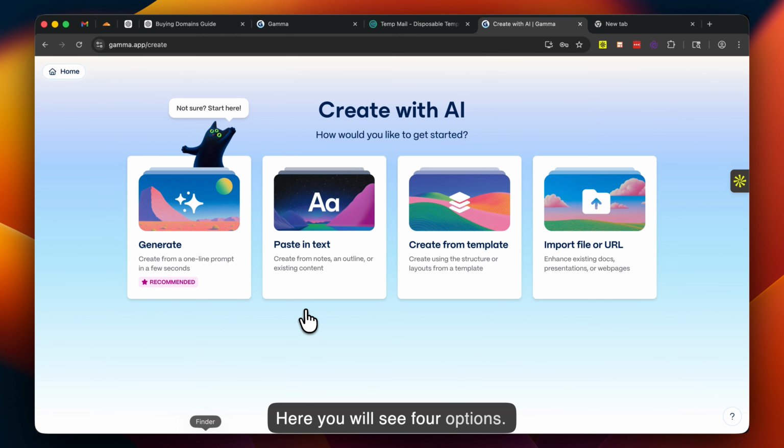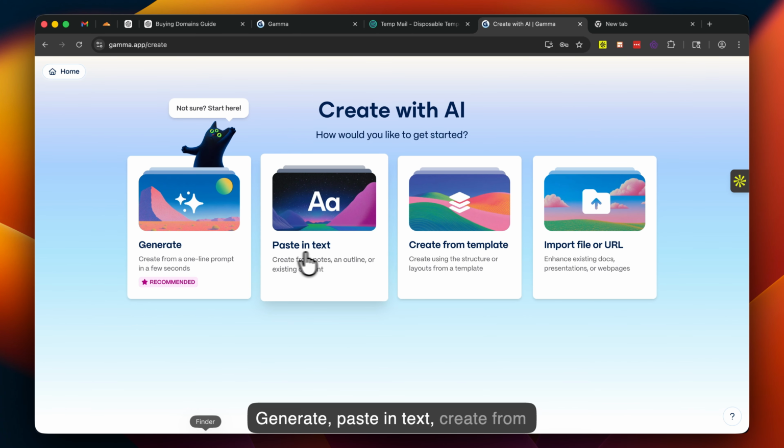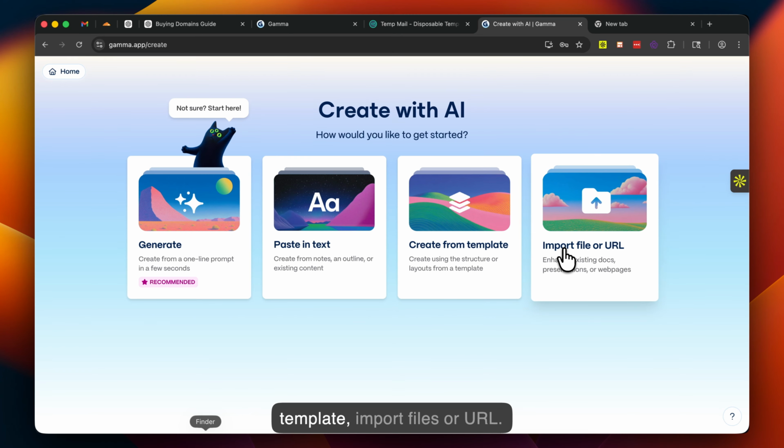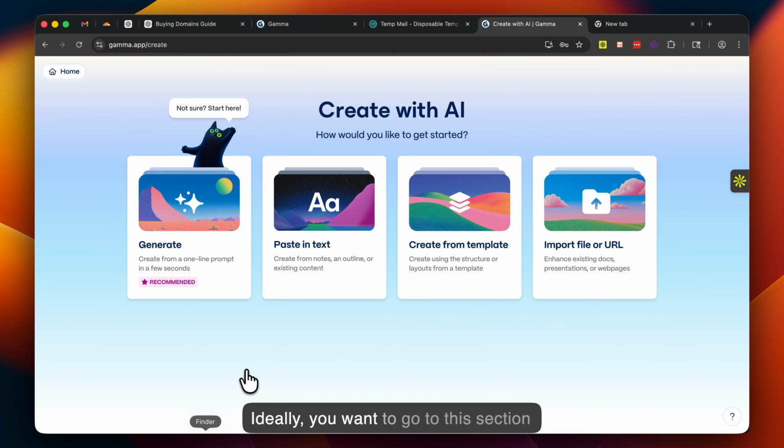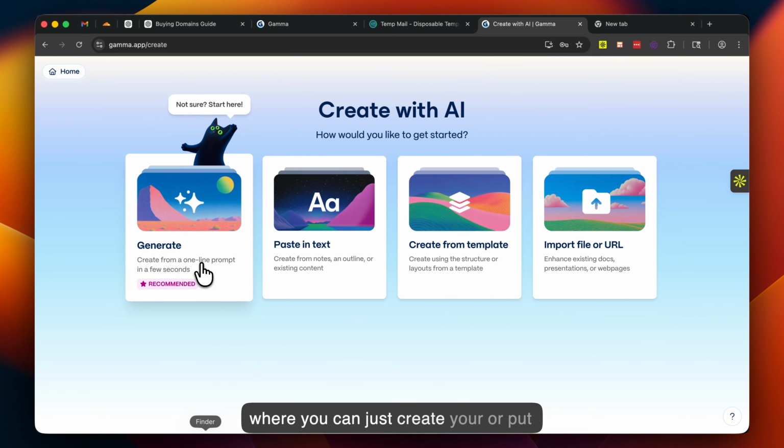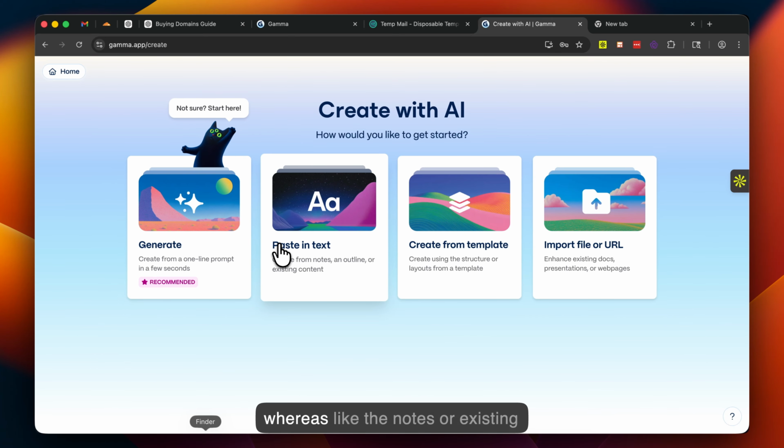Here you will see 4 options: generate, paste in text, create from template, import files or URL. Ideally, you want to go to this section where you can just put in your prompt and it will give you the full thing. If you have the text available, like notes or existing content, you can select this.